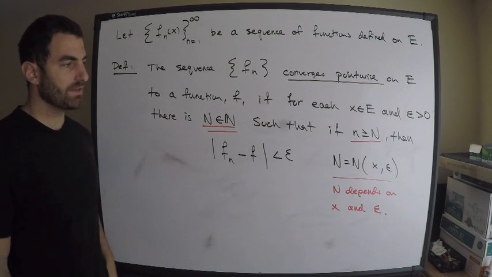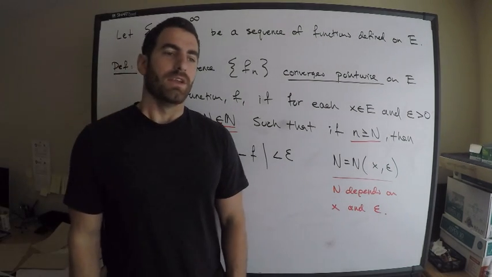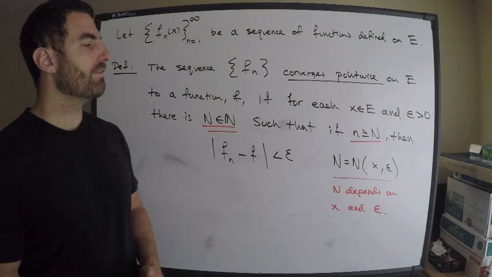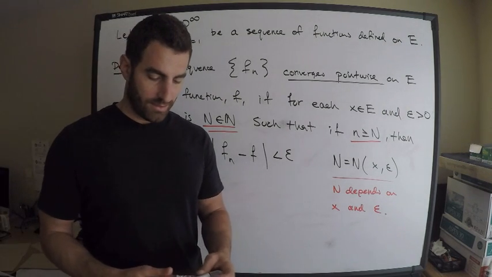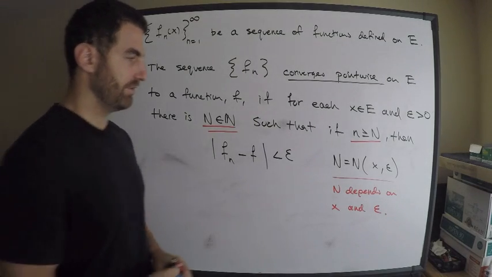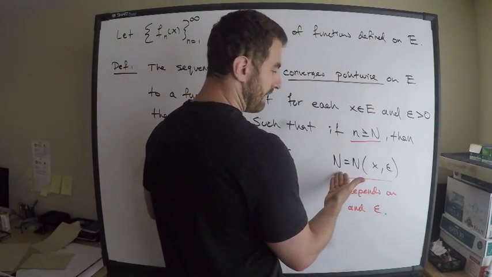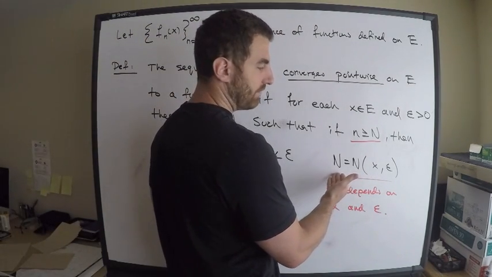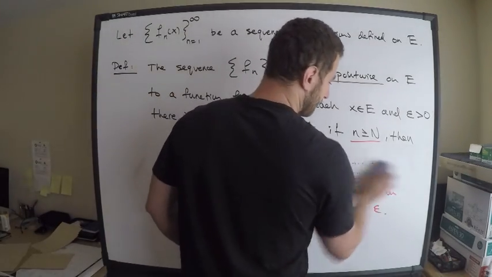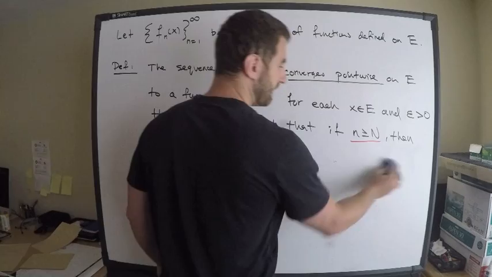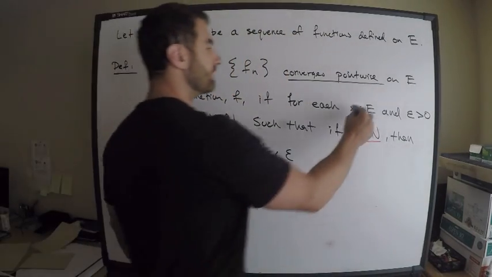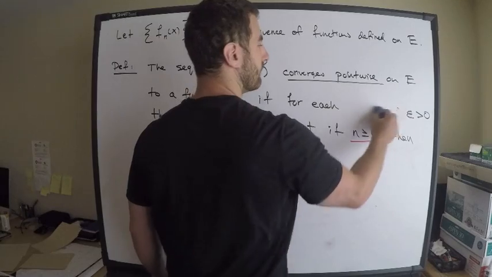Let's write down the definition of uniform convergence. I'm only going to change a few things, and I'm doing it this way so hopefully you see the distinguishing feature. So again, capital N, our choice of capital N, depends on x and epsilon. Let's get rid of this. And now I just want to change something slightly. I'm going to get rid of this.